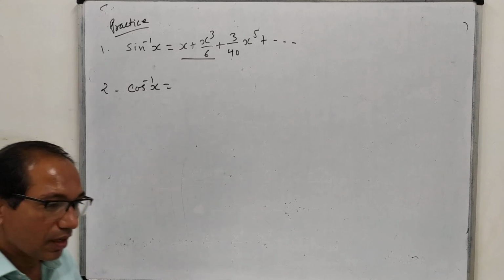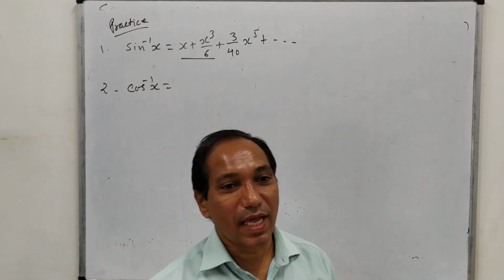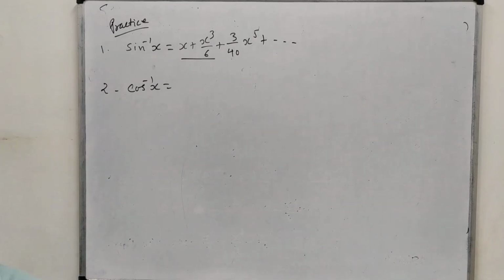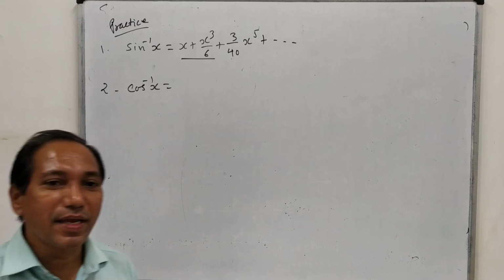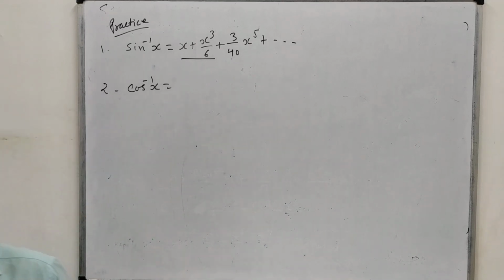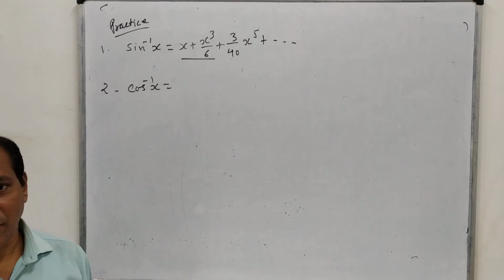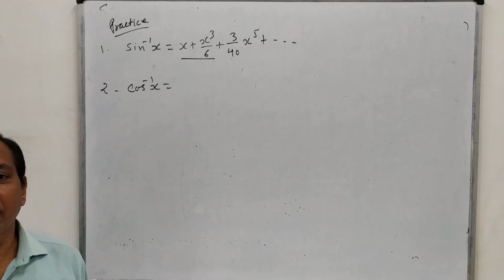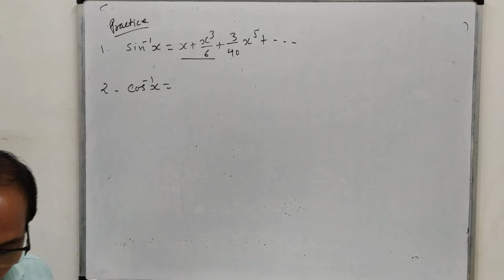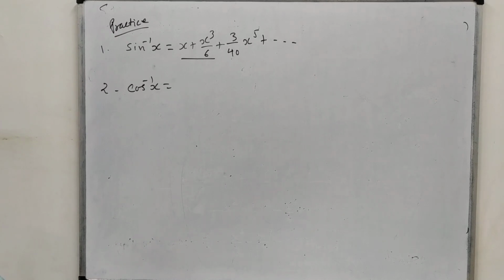Here, the simple idea and concept behind all the Taylor series and Maclaurin series is that you don't have to do more things. Simply, you will have to find the derivatives. And once you know the process of derivative, the problem can be solved very easily. So derivative is the main thing here. You can find the derivative of sine inverse x and its successive derivatives by using any formula you know. If you know the general formula of nth derivative, then you can put n equal to 1, 2, 3 and so on.